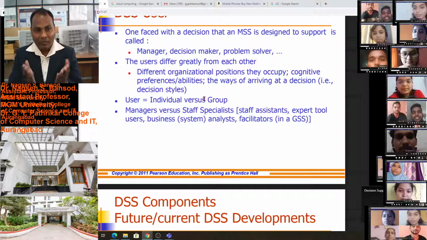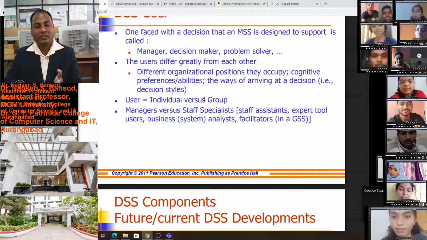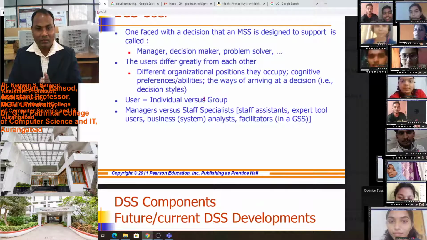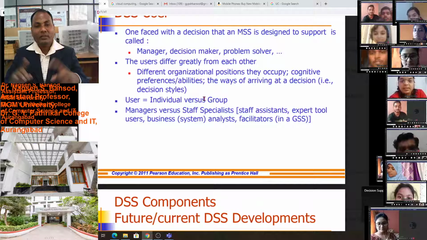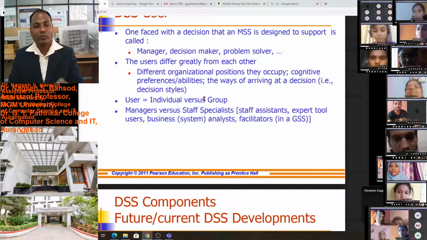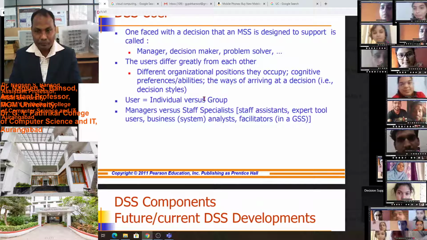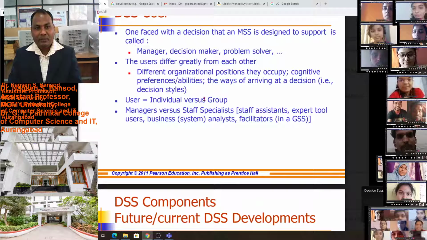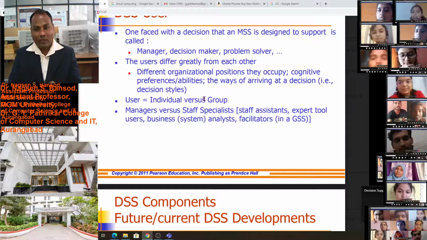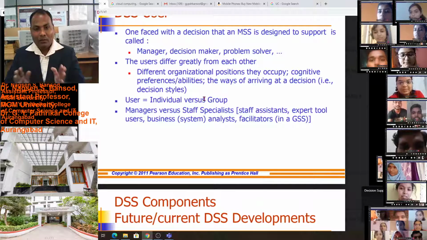One manager working in one company, and suppose that manager joins another company, then their work will be a little different. To understand all these differences, we get support from the decision support system to occupy the positions in different organizations and their work, as well as cognitive preference and ability.